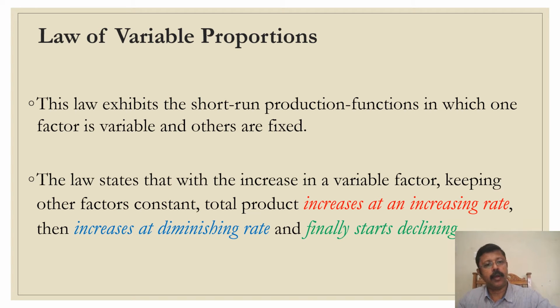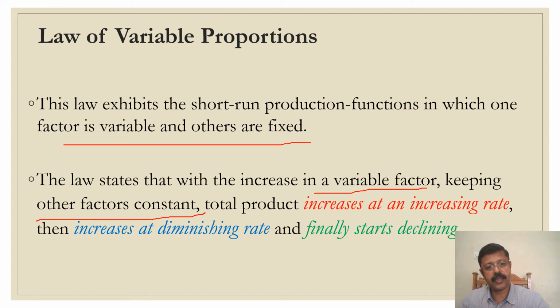Now, law of variable proportions. This is a law in economics. The law exhibits the short-term production function in which one factor is variable and others are fixed. Now, what is the law? The law states that when there is an increase in a variable factor, that is, at least one factor is varied, keeping other factors constant, that means other factors remain fixed,